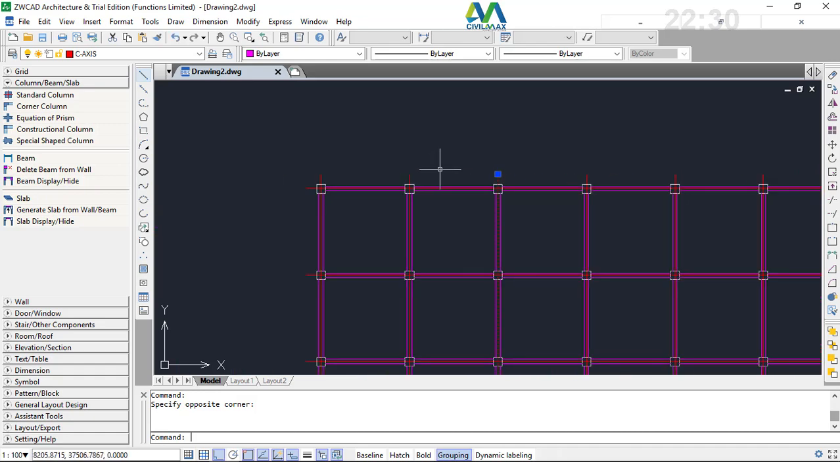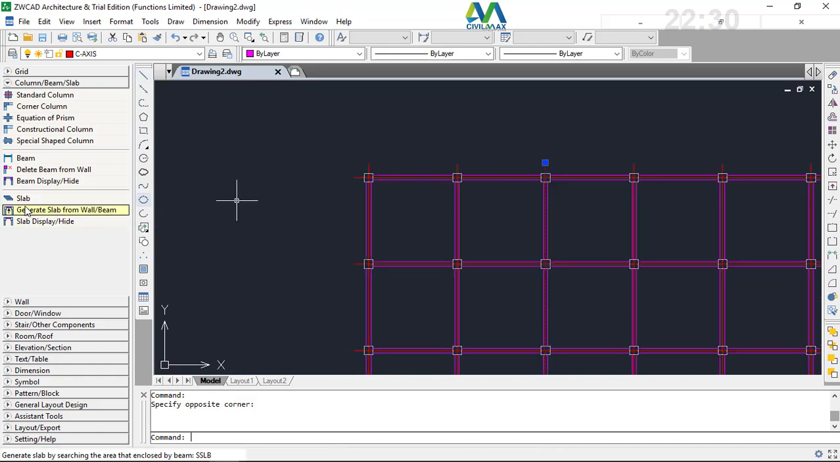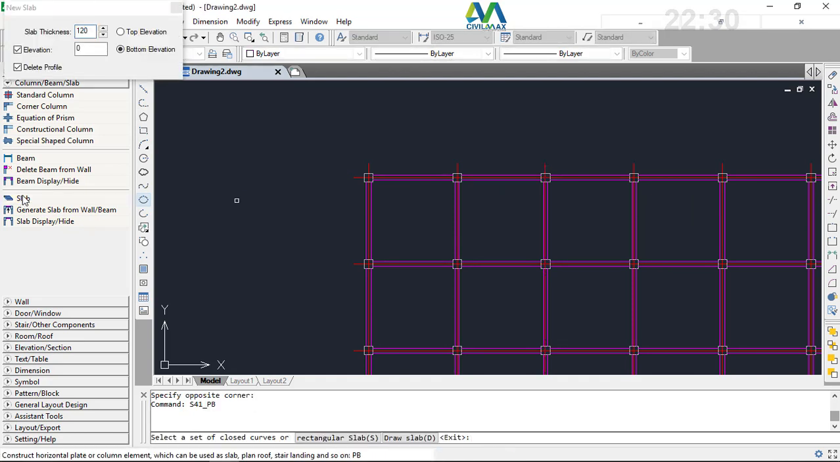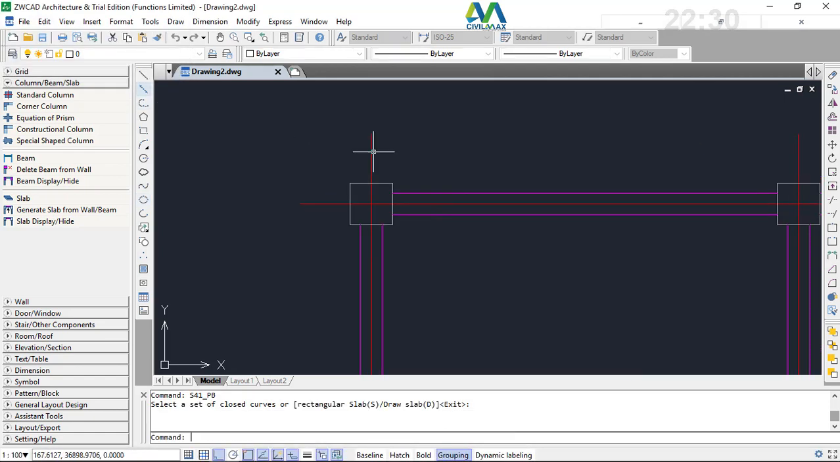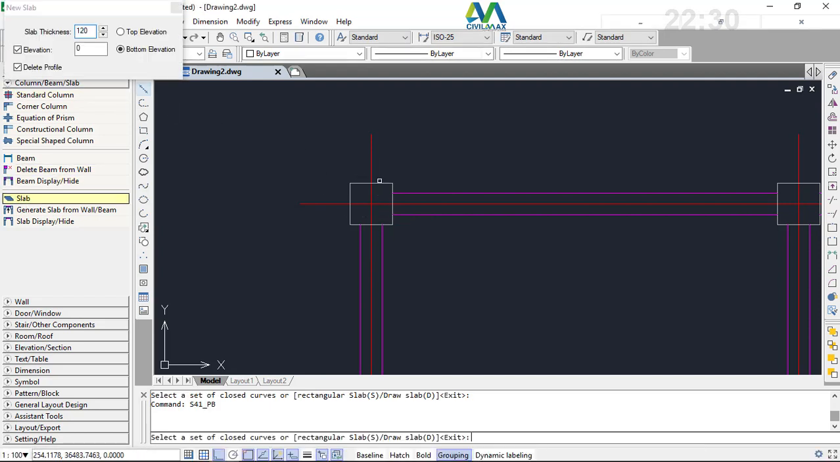Now we'll go straight away and place the slab. We'll come here and pick on the slab. So the moment you pick on the slab, you come here and change the thickness of the slab. 150 thickness and elevation of 0. Then the program here is asking to select a set of closed curves or a rectangular slab. What we'll do, we'll just pick here, right click, enter that, pick here,